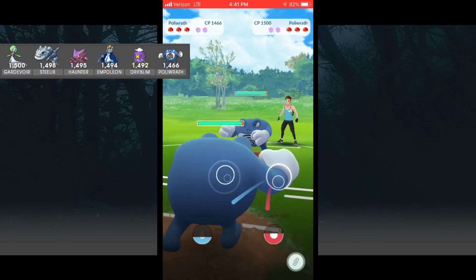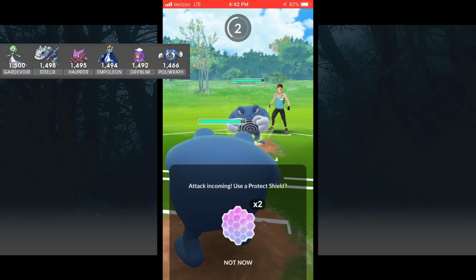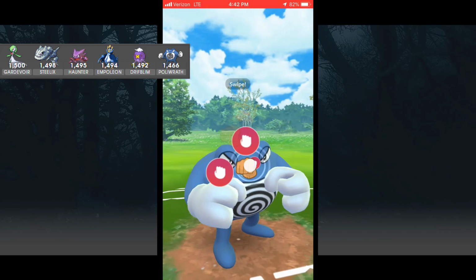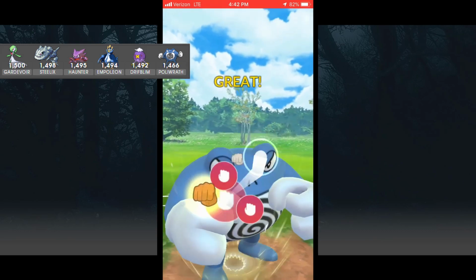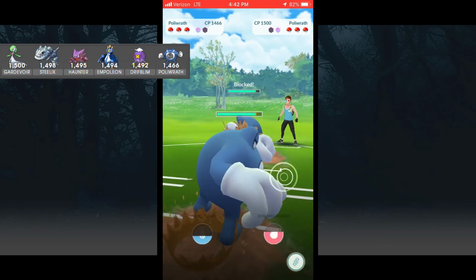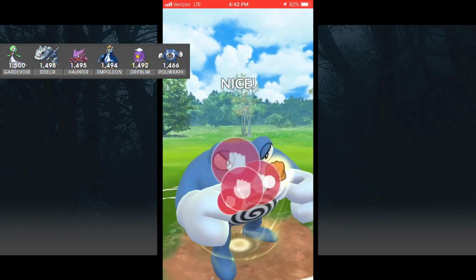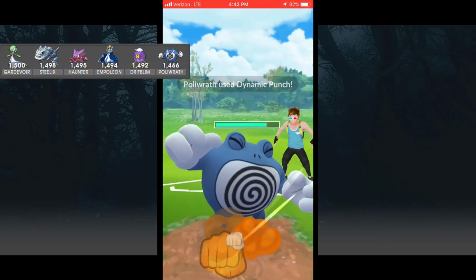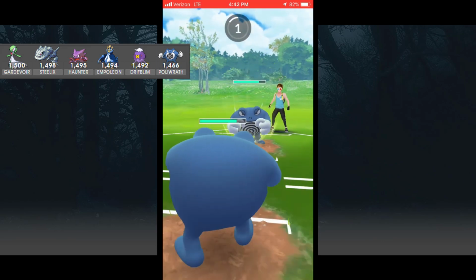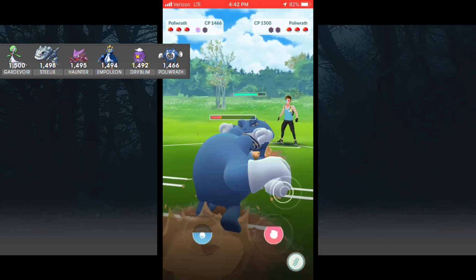Now we got a Poliwrath mirror match here on the 3rd round. Gets the Dynamic Punch first, blocks it, gets his own Dynamic Punch off. Expecting a shield. Yep. So this is interesting. I'm expecting them maybe both burn both shields. It's kind of, now with the CMP changes, kind of hard to do that not knowing who has charge move priority. And he opts not to shield, giving him a positive shield advantage,